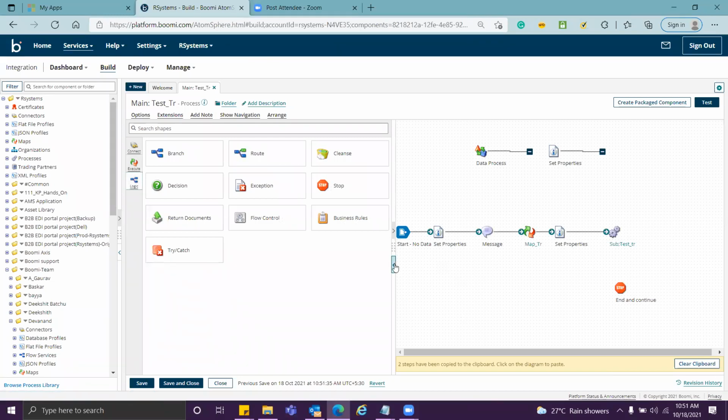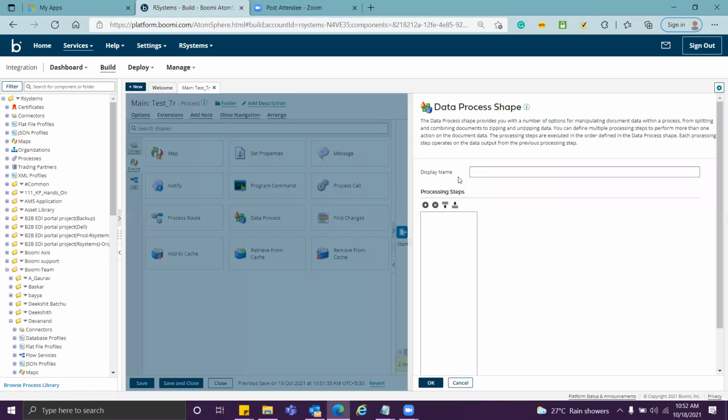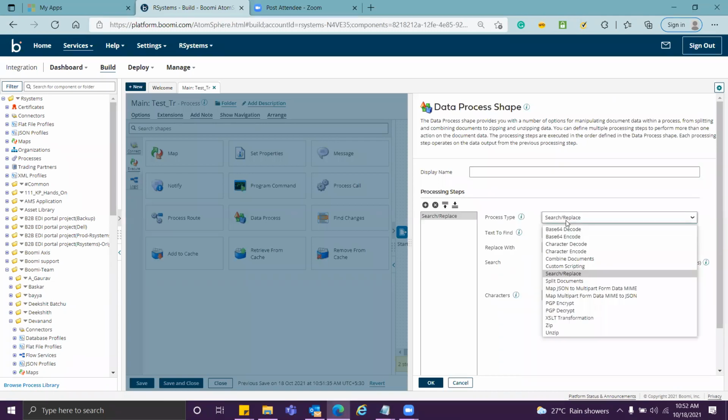Ankit, yes, in the data process shape, we can use base 64 encode. Yes, we can also use them. So all these options you can use. But again, within Boomi, I don't think you need to encode or decode anything.